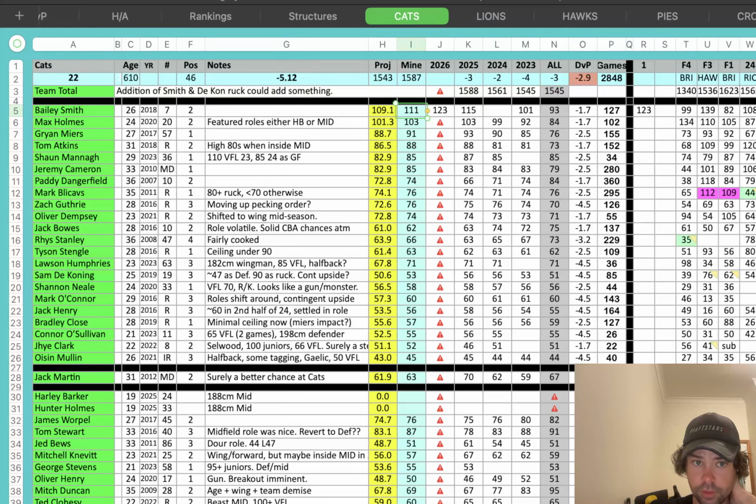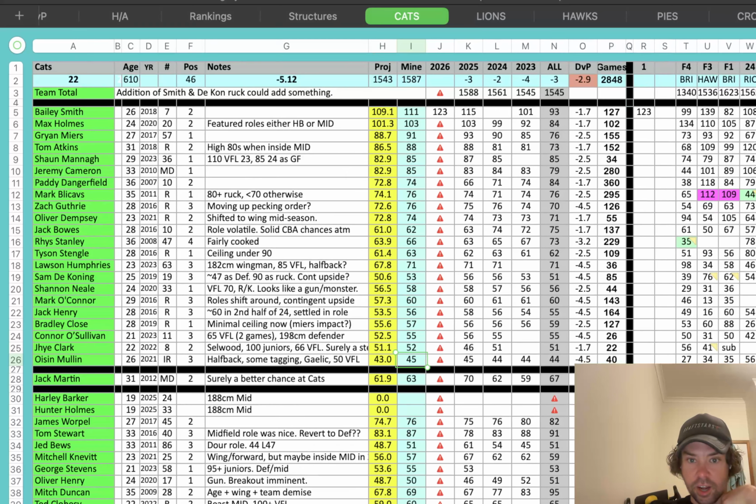So Bailey Smith, this would have all been from last season. Against the Lions, midfielders minus 1.7%. So that just takes 1.7% off his score. It's not perfect. It means I have a much bigger impact on high projected players than this low projected player. But that's the best I can set it up with my skill set.